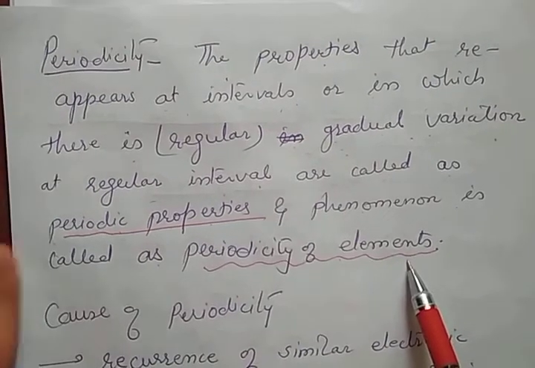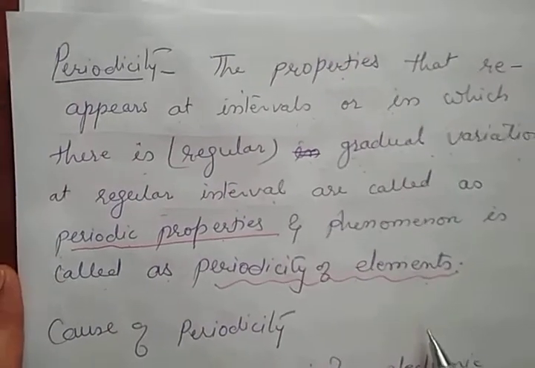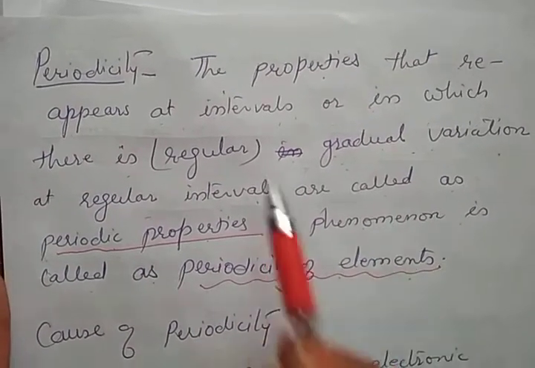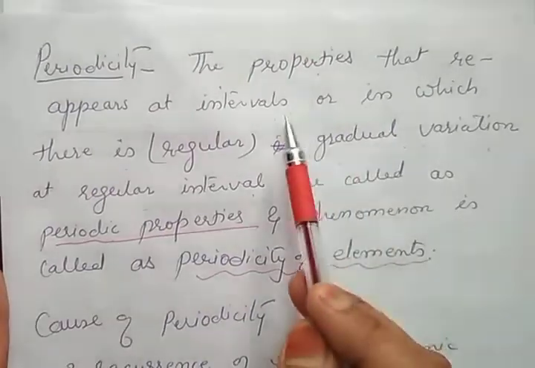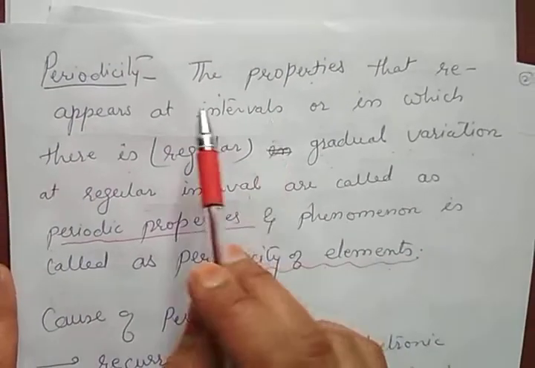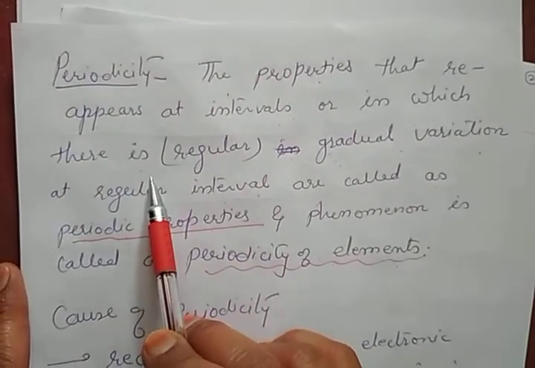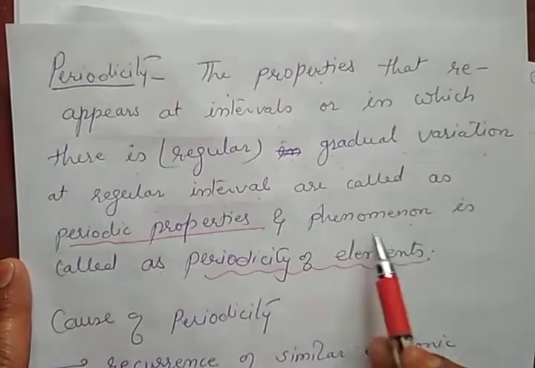Now we already know this classification table of the elements is known as the periodic table. This is the main reason: properties show either a gradual change or are repeated at a fixed interval. That's why, as this table contains the phenomenon of periodicity, this table is called a periodic table.